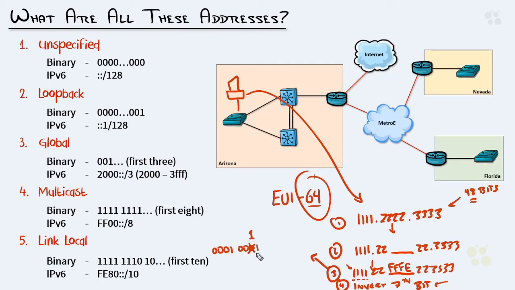So when you're looking at the link local address, while the split and the weird FFFE in the middle was weird enough, they said let's just change that 7th bit, if you will, to where now it would be 1, and what would that be in binary? That'd be 3, right? 3111 22FFFE223333, because that's good. And then by the way, this whole thing that I'm talking about is the last